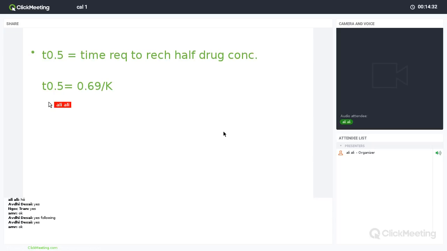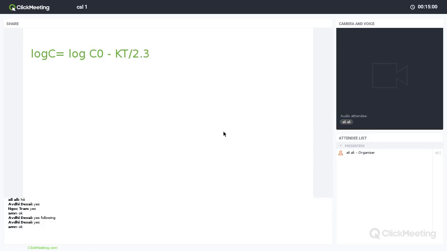So whenever you see T half, you can get the K, and whenever you see K, the elimination rate constant, in any question, you can easily get the T half. This is the second major equation that we will use to solve questions after that. So we will add it here